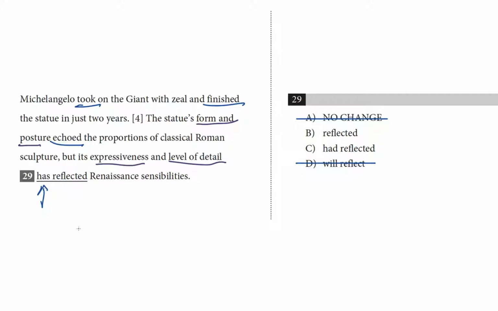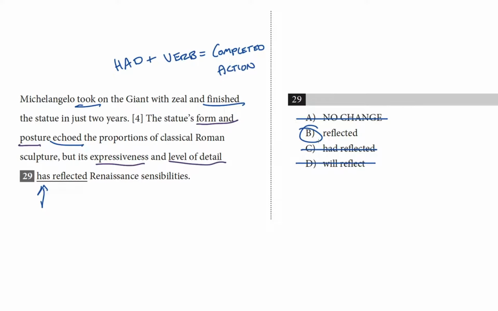And I would say again to look at the context and match the other verbs. The other verbs in this paragraph don't use had. And we use had plus a main verb to show that an action is complete, that it's over and done with. So had reflected would suggest that the statue, which from the context of the paragraph we know is brand new, that statue had reflected Renaissance sensibilities, but perhaps no longer did. And it doesn't seem to me like the author is trying to make that kind of subtle, complicated point. I don't want to overthink this either. The other verbs don't have a helper, so our choice shouldn't either. So I'm going to knock out C, and that means that our choice is B, reflected.